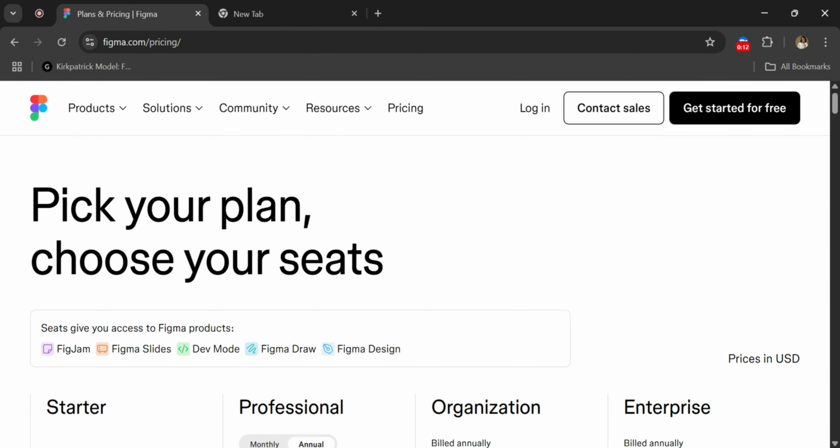Now this update is for educators and students learning from one institution or the other on how to use Figma. So if you don't fall under this category, this feature might not work for you. So all you have to do is visit this